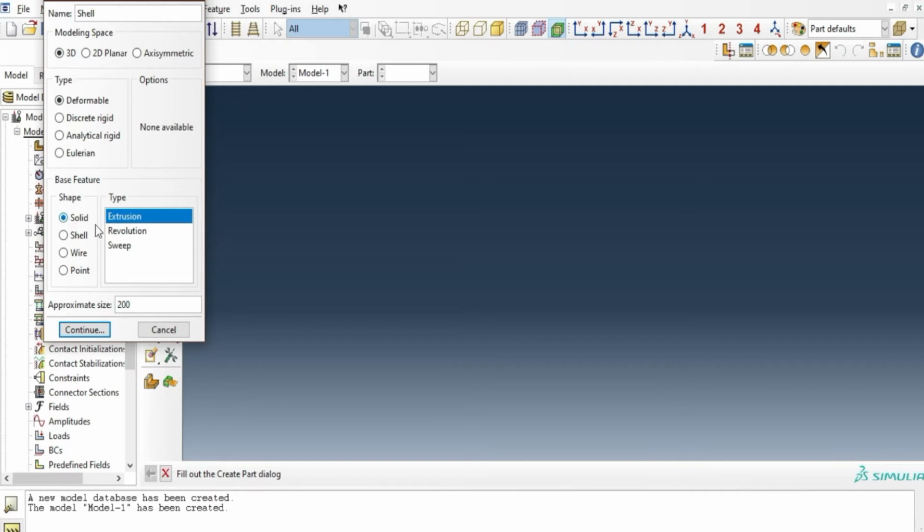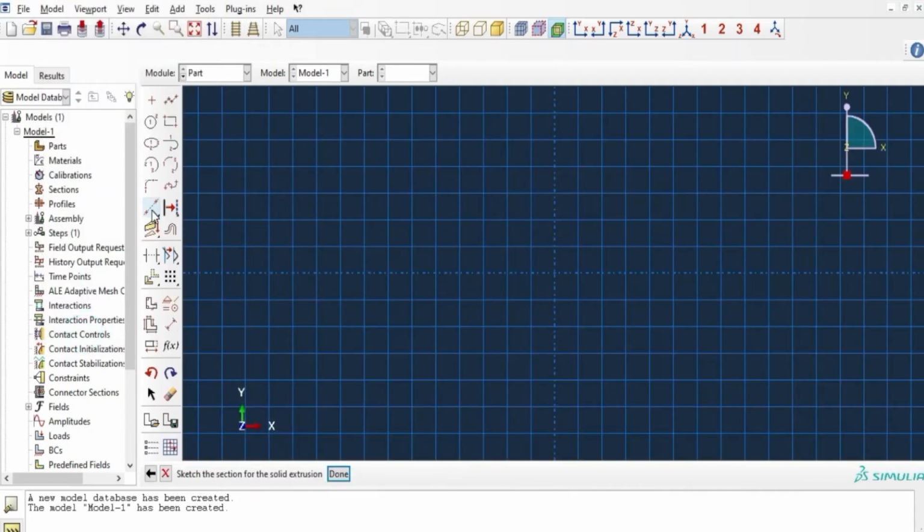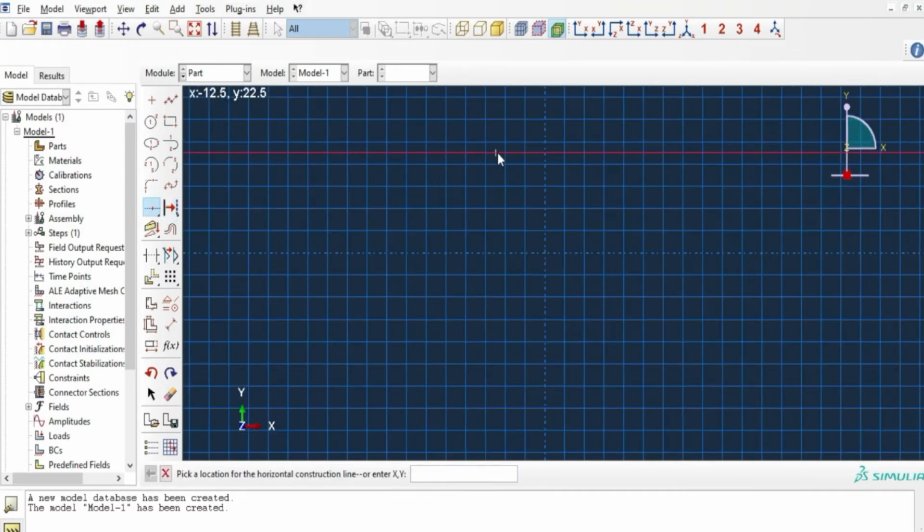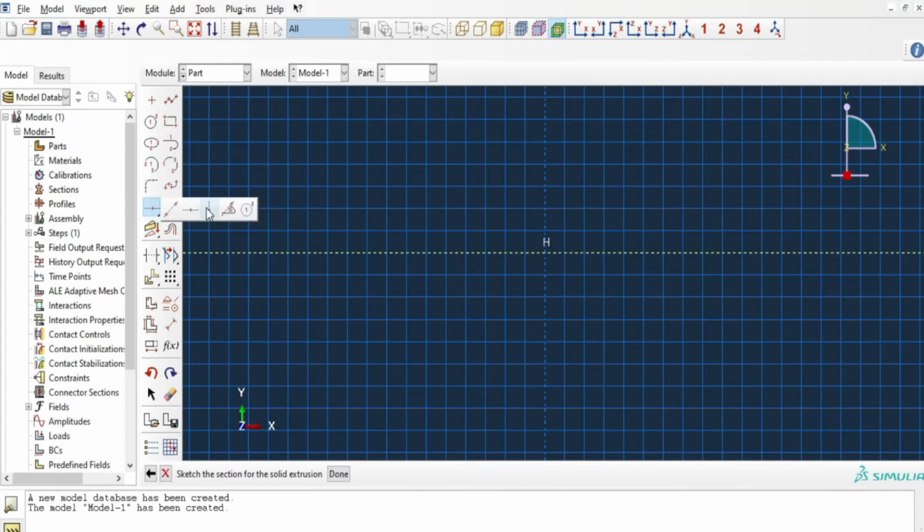It is of type deformable and solid, with extrusion type. These are the center lines, construction lines, the horizontal construction line and the vertical construction line, and the two oblique construction lines making a 45-degree angle are set.